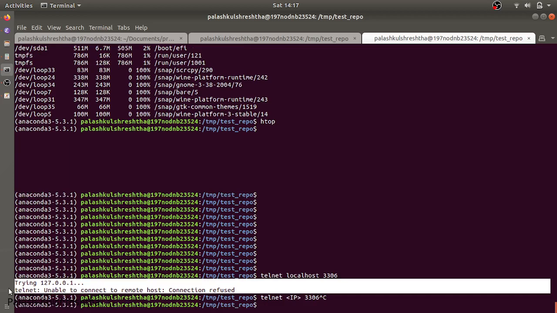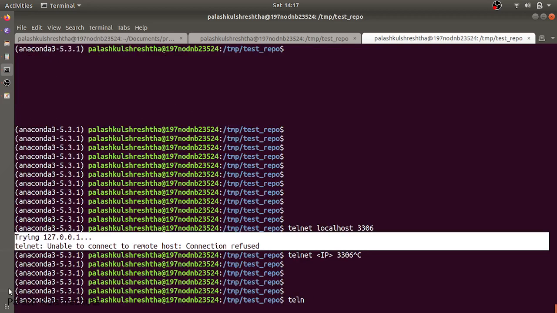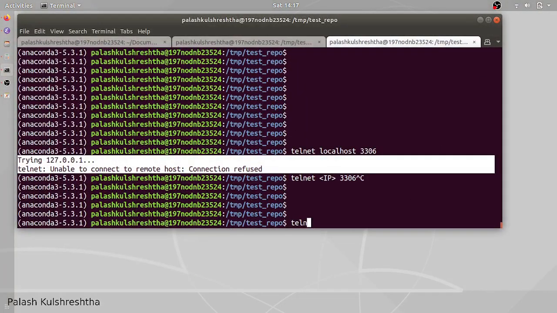So for example, let's try to check whether I am able to connect to google.com from my local system. How am I going to check it? Telnet google.com, and on which port do we want to check the connectivity?